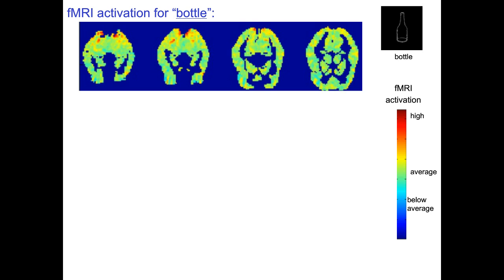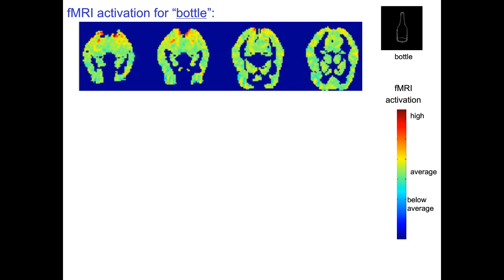And just to help you get oriented, the top of the page here is the back of the head. The bottom of the page is the front, the forehead. And the thermometer down there on the right shows that those red blotches in the image correspond to high neural activity, regions with high neural activity, and you can see the color code there. So that's what we see when a person